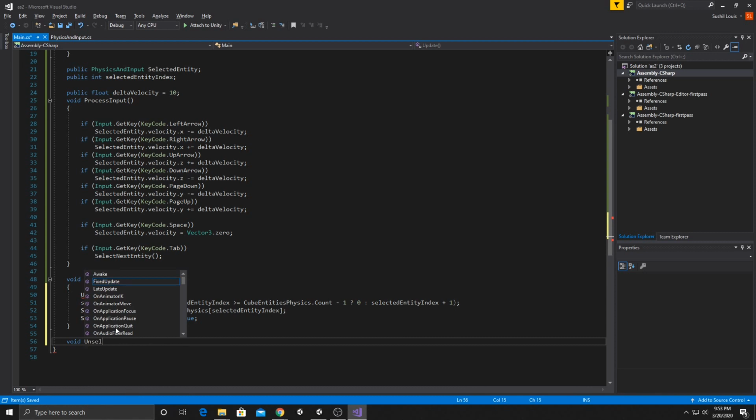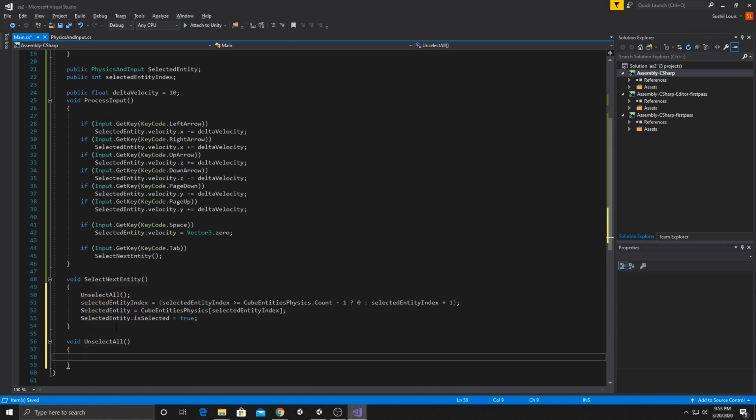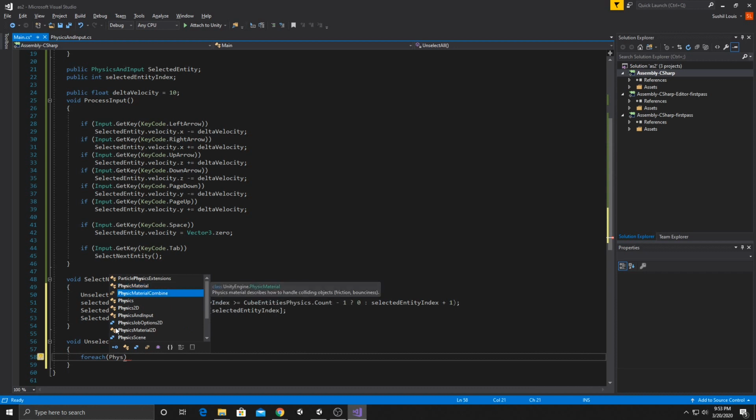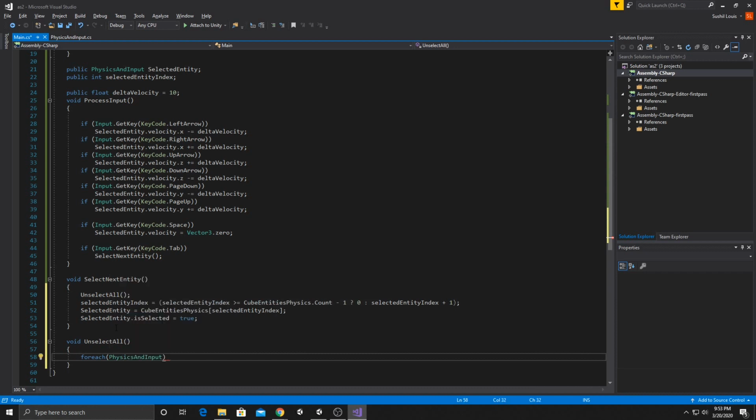I'll say unselect all, and this also gives me the chance to tell you about different kinds of iterators in C#, which I also like a lot. So foreach, it's really simple. What is the type of each of the things that I'm going through? Well, physics and input. And we'll call it